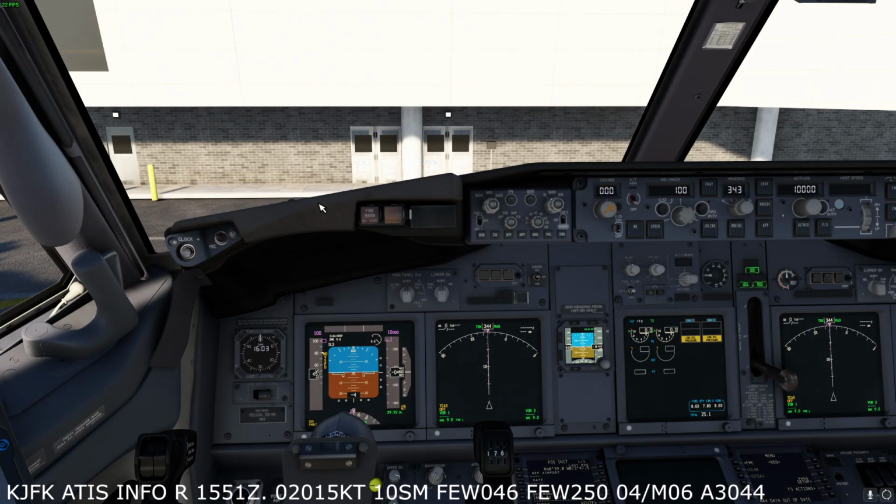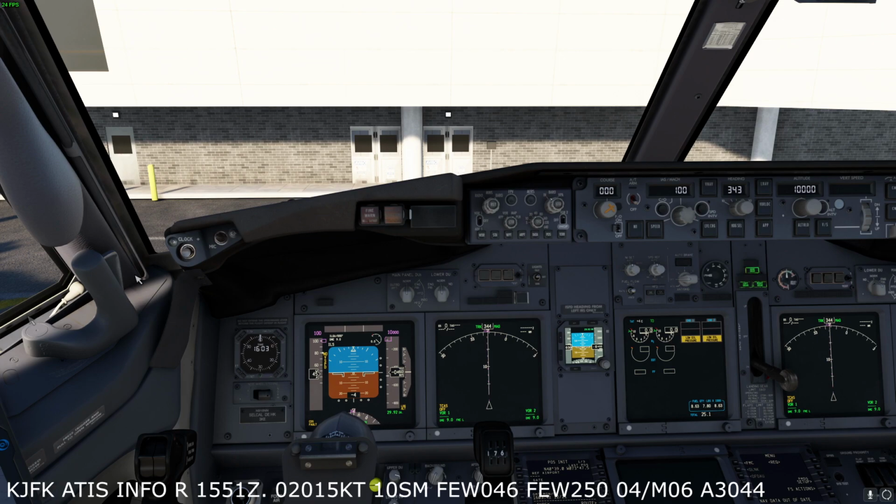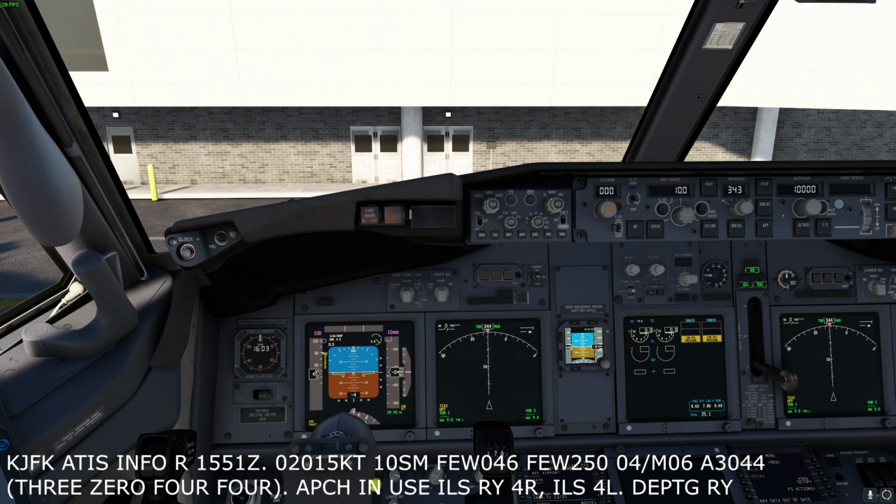Kennedy Airport ATIS information Romeo, 1551 zulu. Wind 100 at 15. Visibility 10. Few clouds at 4,600. Few clouds at 25,000. Temperature 4. Dew point minus 6. Altimeter 30.44.